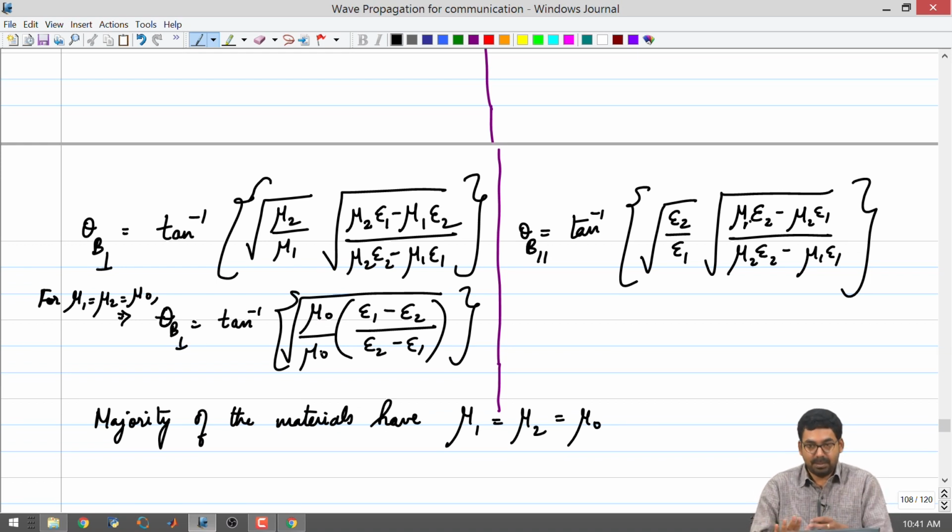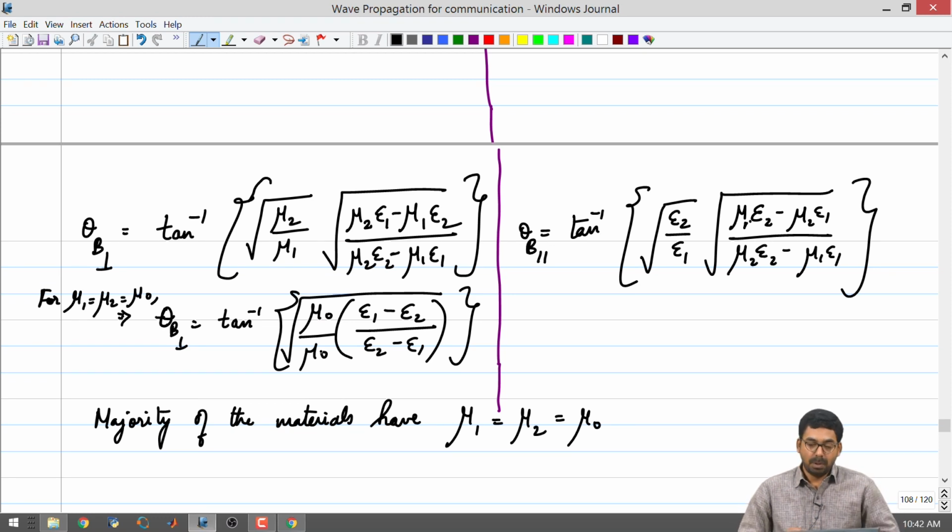So, it becomes tough to find out what this theta b perpendicular is. In case of planar angles, it is not going to be possible. There are some other arguments. You can say that the angle is out of plane and all that. So, if you have the entire diagram in plane, you can always argue that if you shoot the beam out of plane, you will get something else. But we are not getting into solid angles. So, it is not possible to find a real angle theta b perpendicular. So, people tend to say that for perpendicular polarization, Brewster's angle does not exist. But it is under the assumption that you have non-magnetic materials.